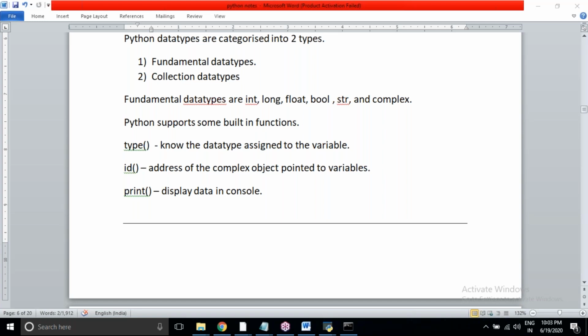Okay, so class means class contains. Class contains variables and functions. Yes, variables and functions.